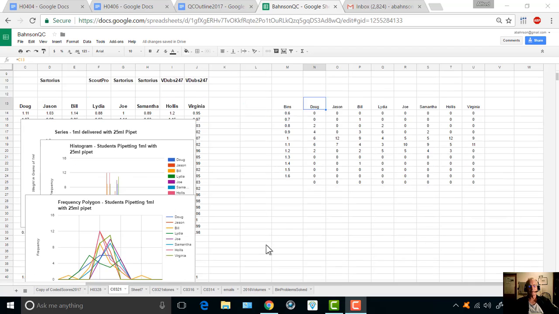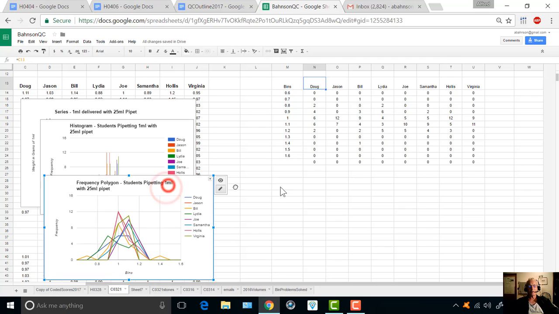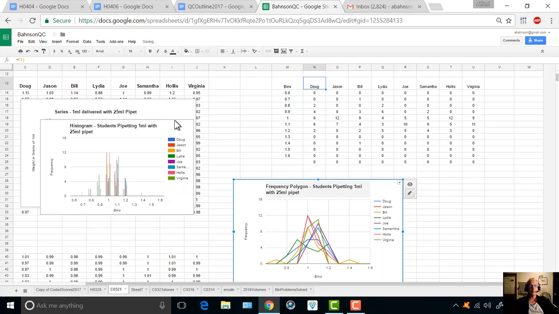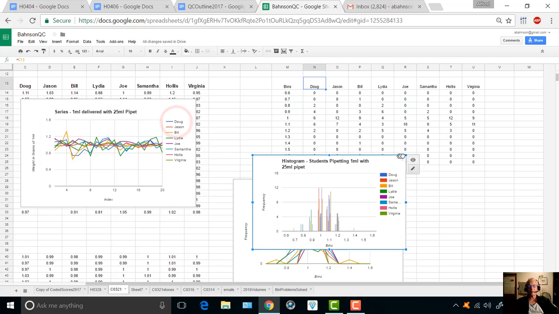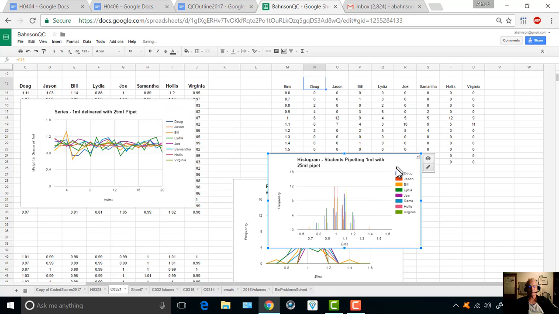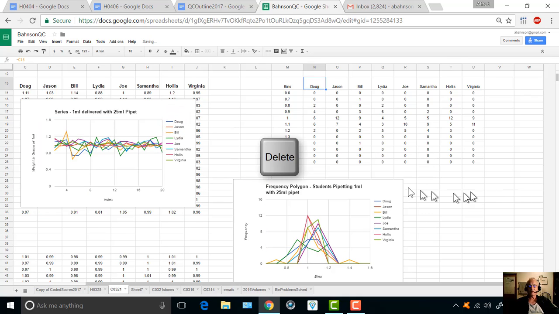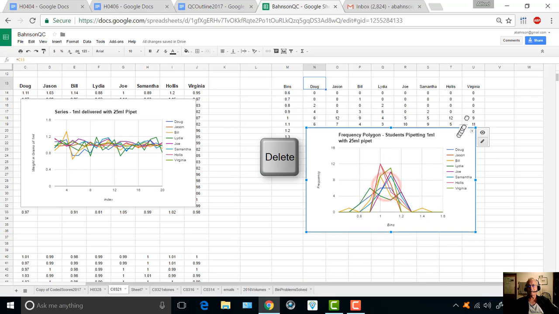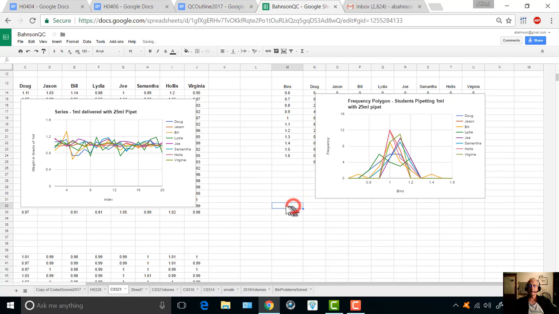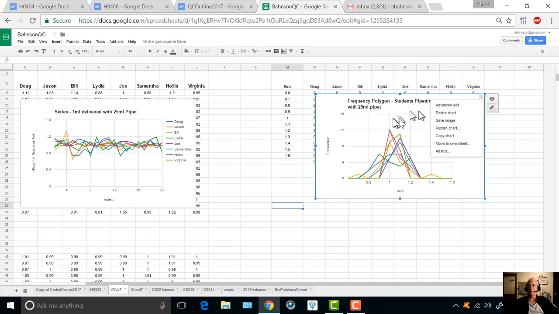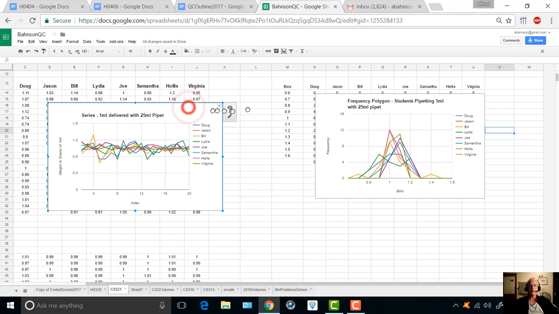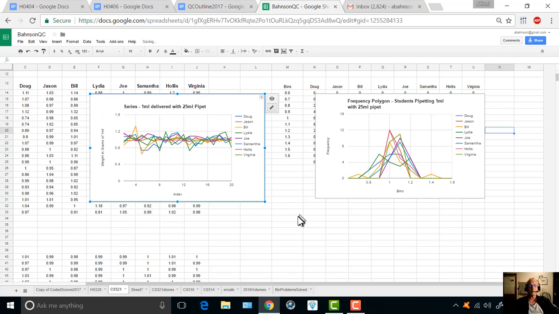Alright, so you've made these charts. You can try to arrange them. Actually, we could delete. Let's just delete the histogram. We can switch back and forth with this to column chart very easily, by doing that. Actually, no. But that's really what we want, a frequency polygon there. Okay,